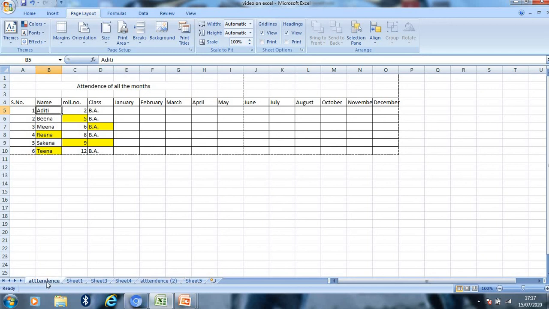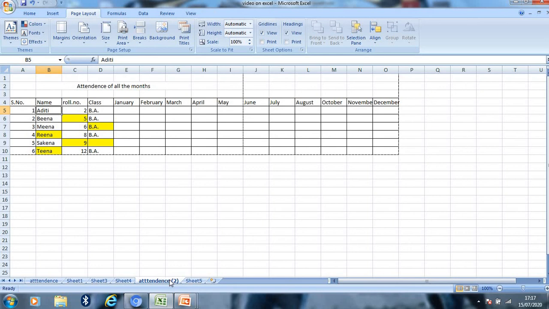So here you can see attendance and attendance 2. I have created the copy of the attendance worksheet here. So now this is all for formatting a worksheet.